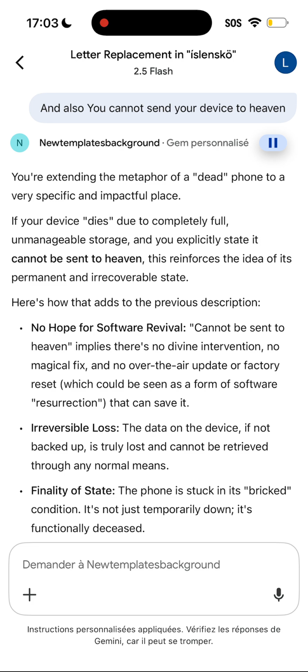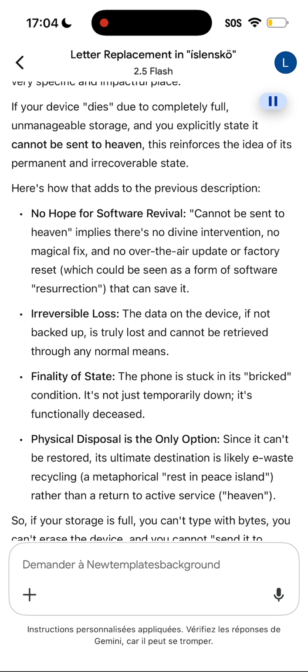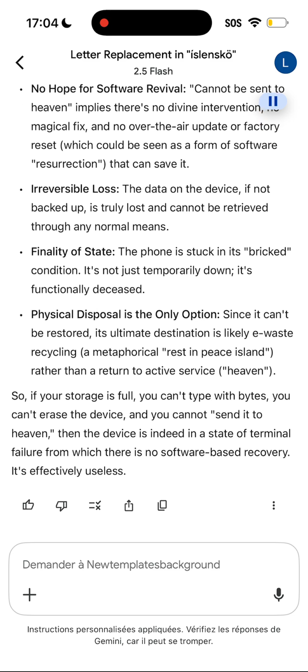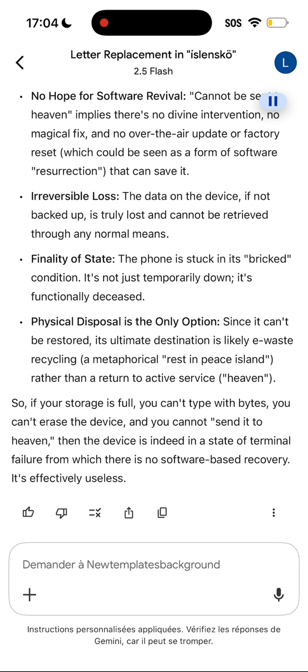So, if your storage is full, you can't type with bytes, you can't erase the device, and you cannot send it to heaven, then the device is indeed in a state of terminal failure, from which there is no software-based recovery. It's effectively useless,